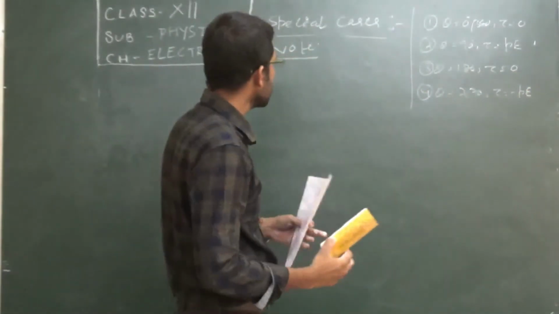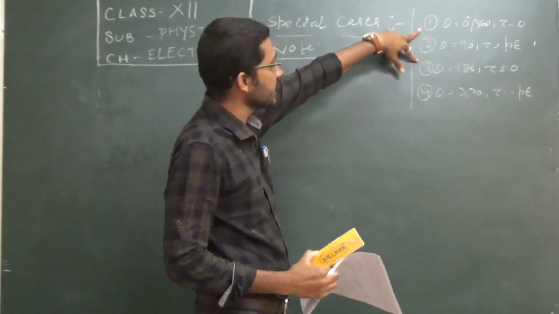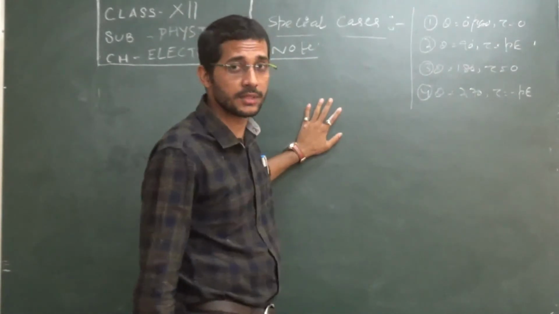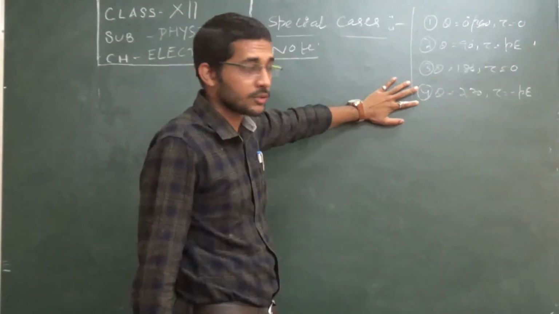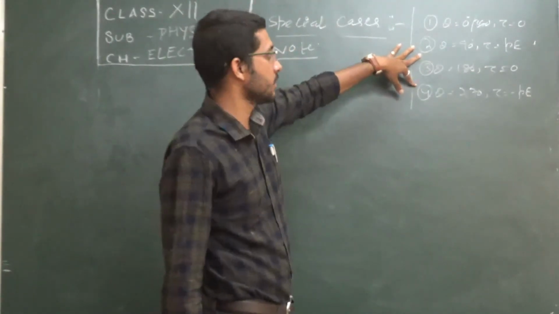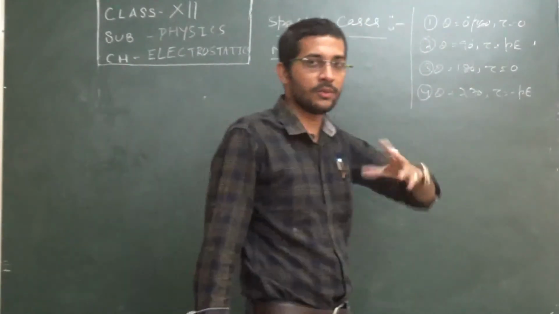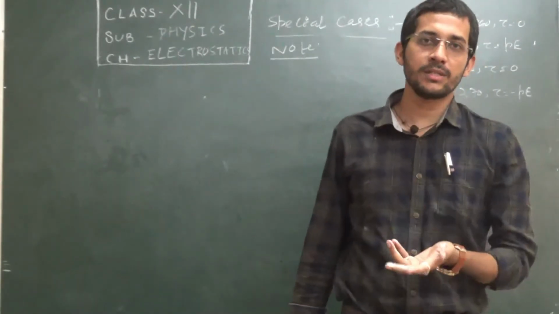So basically what is happening now, you can see in the first and third cases the system is in equilibrium. That means the rotation of the dipole is not happening. In the second and fourth, rotation is happening. So these second and fourth conditions are not our concern. We need to be concerned about 1 and 3. When we are talking about equilibrium, equilibrium is of two types. One is stable equilibrium, one is unstable equilibrium.